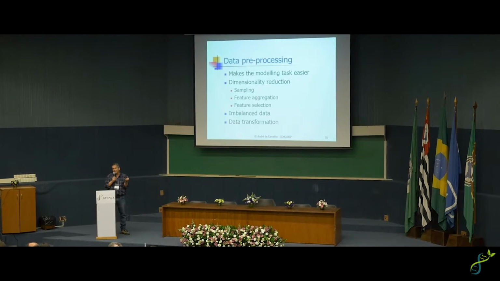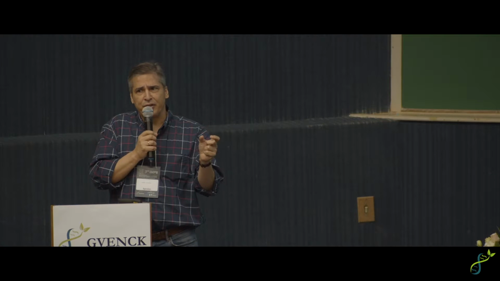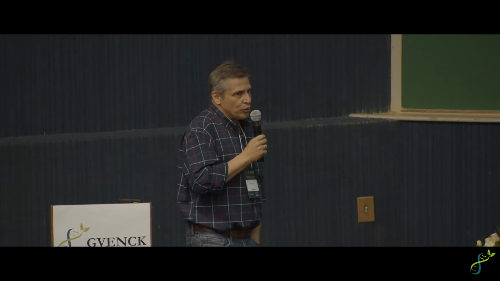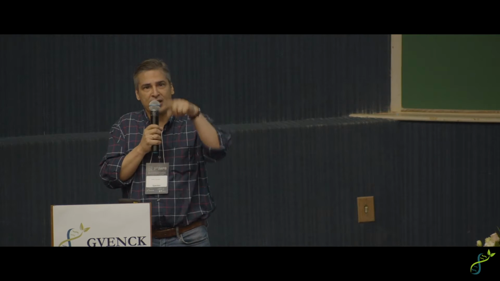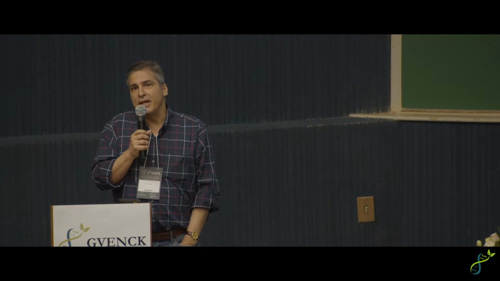You have to get a sample of the data that preserves the same statistical distribution of the original data. Sometimes, instead of feature selection, where we select a set of variables, you can aggregate the features like you do in principal component analysis, for example. Another thing you have to deal with, when you're doing classification or regression, is imbalance: too much data from one class and not enough from the others, or the data distribution for the regression is very imbalanced. This also harms many modeling